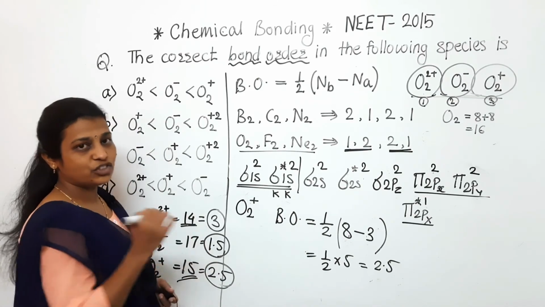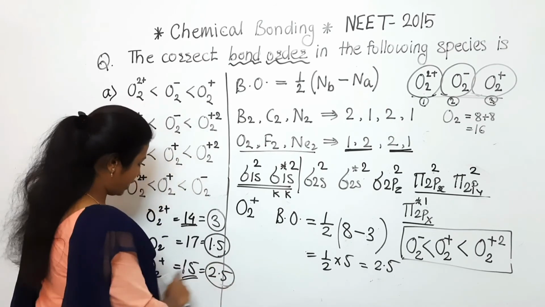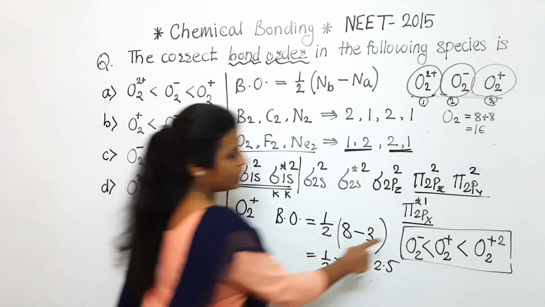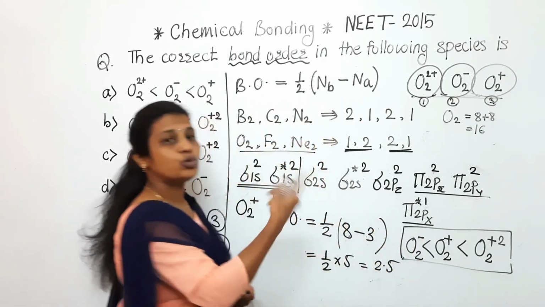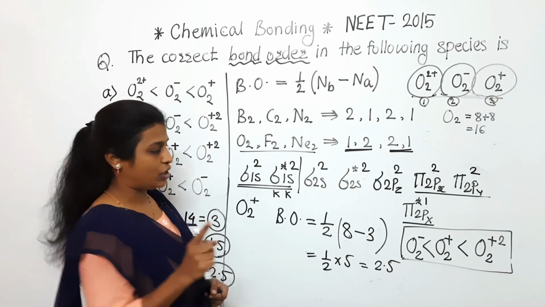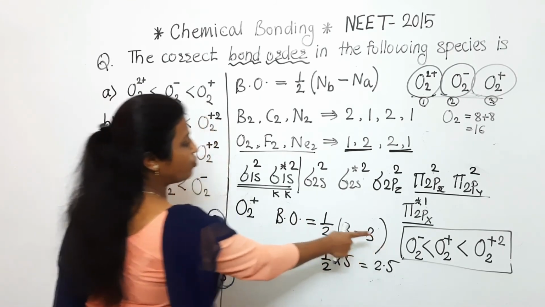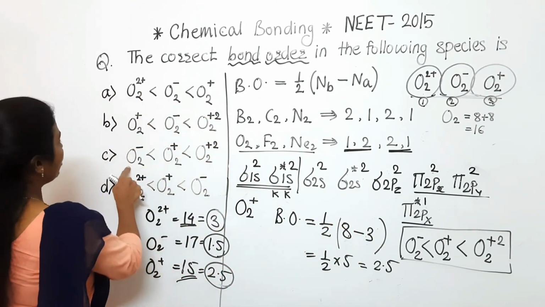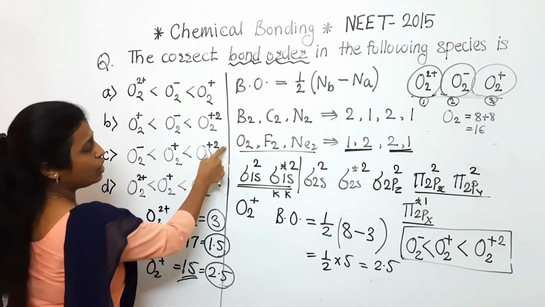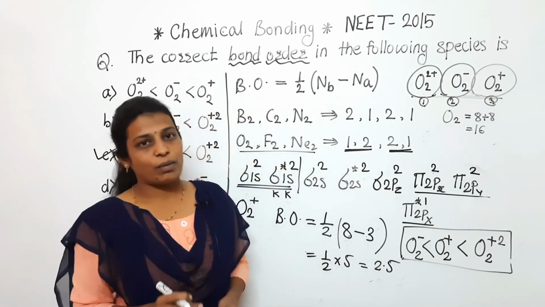Now we have to arrange them in the correct order. Keep in mind that when the positive charge increases, the bond order increases. Here, if we consider O2 minus and O2 2 minus, the bond order will be less for the one with the highest negative charge. So this is the correct order. Now we will observe which one is the correct option. First we want O2 minus, and only one option has that first. After that O2 plus, and lastly O2 2+, which means option C is the correct answer. So here we have completed that question.